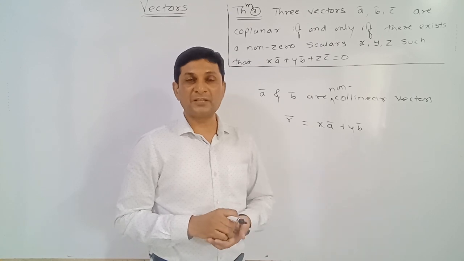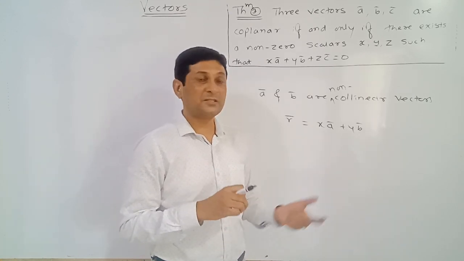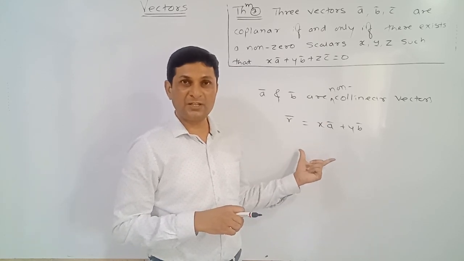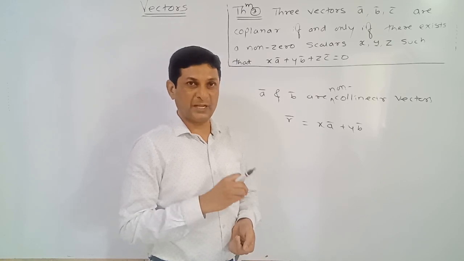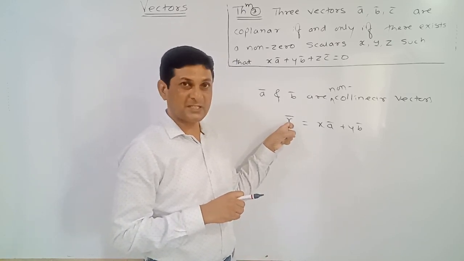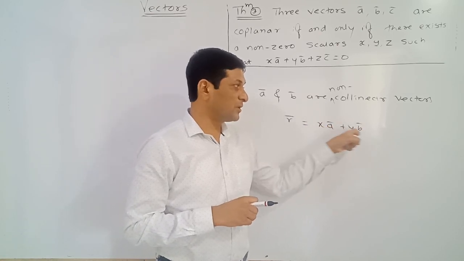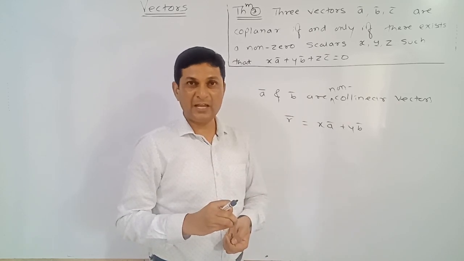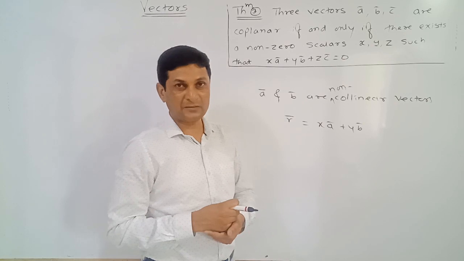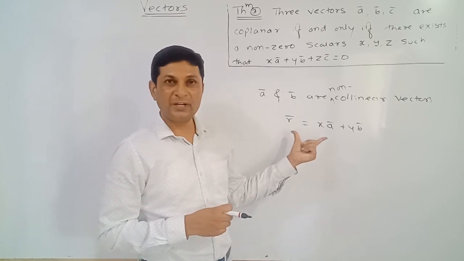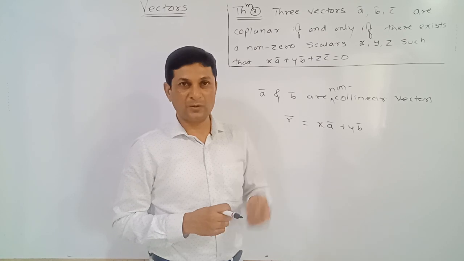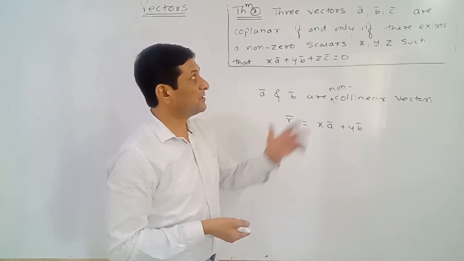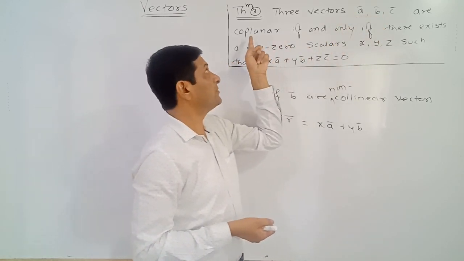And since this condition is satisfied when vectors are coplanar, we can say that this is the condition for vectors to be coplanar. Now observe this condition. Using this condition, we are able to show that vectors are coplanar. So remember: if one vector is expressed as a linear combination of the other two vectors, then the three vectors are coplanar. We have already discussed this point in the last video also. Now we are going to prove the third theorem. Observe the third theorem. In the third theorem, three vectors A bar, B bar, C bar are which vectors?